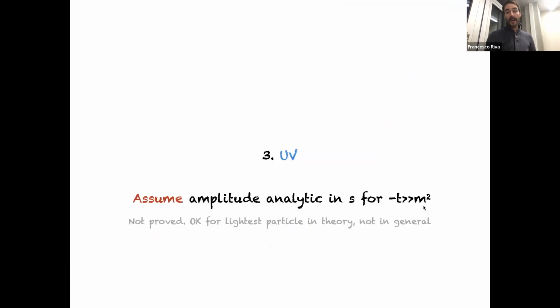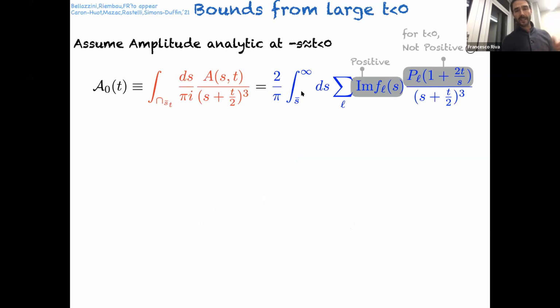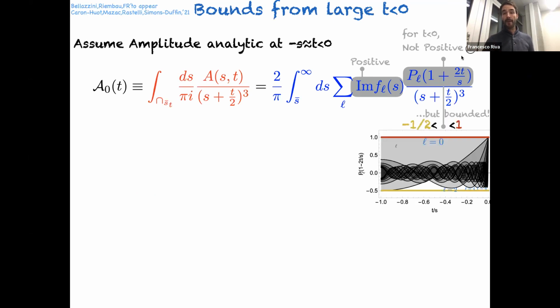There is a different way of seeing these bounds in the UV, which is, as was done in the previous talk, to assume that the amplitude is analytic in S also for finite large T. And I will show you a slightly different approach, but that complements this finite impact parameter bounds that were explained before, and is the following. The infrared parameterization remains the same, and in the UV now we work at finite T, negative T. This thing is not positive, so in principle you don't see positivity bounds there, but it's bounded,